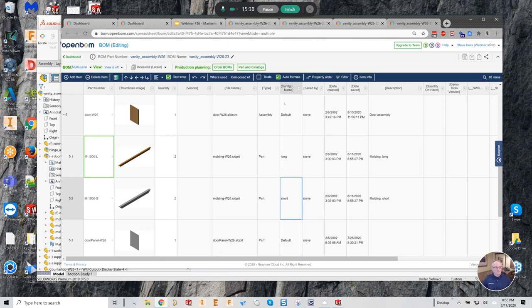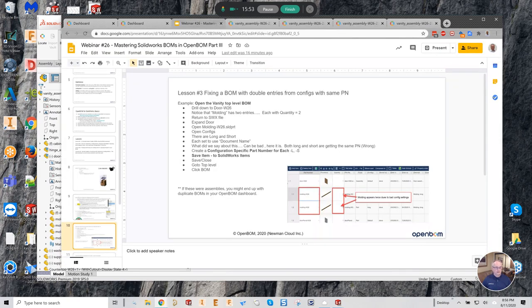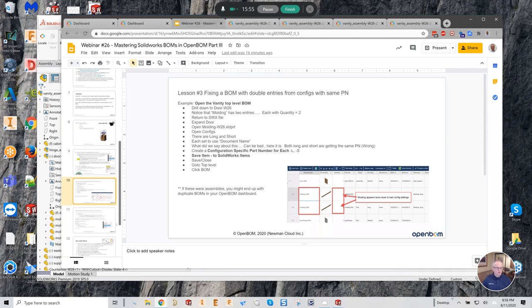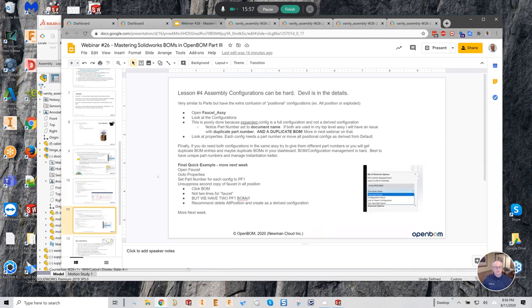So just to revisit, we went into SolidWorks and we added a part number property into the configuration specific properties. So okay, let's take a look at the next thing that I want to cover here, which is lesson number 4, and this one's going to be a little